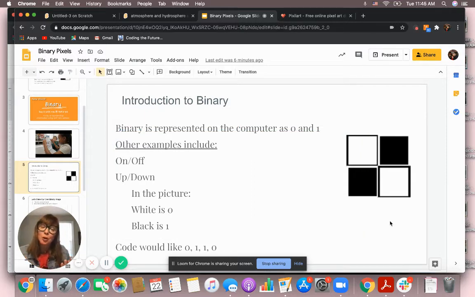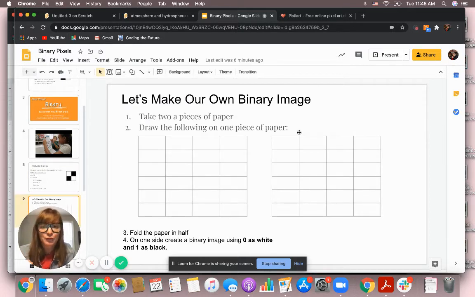And then someone could code that in or color it in on a grid themselves. So let's give it a try. Here's what I'd like for you to do. I need you to take out 2 pieces of paper. So I've got 2 pieces of white paper right here, but it could be notebook paper or construction paper, whatever